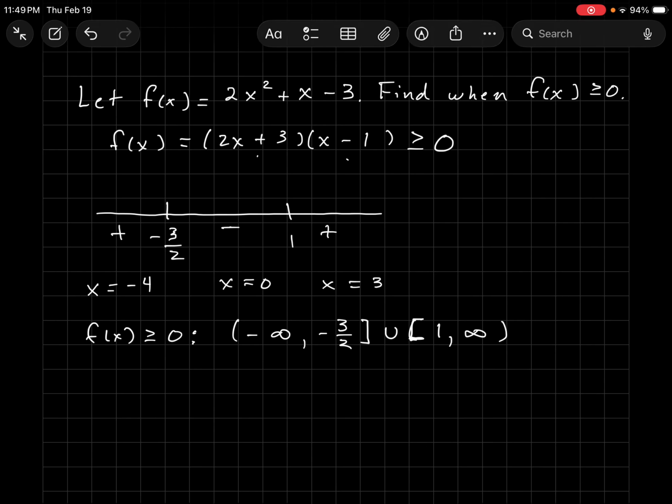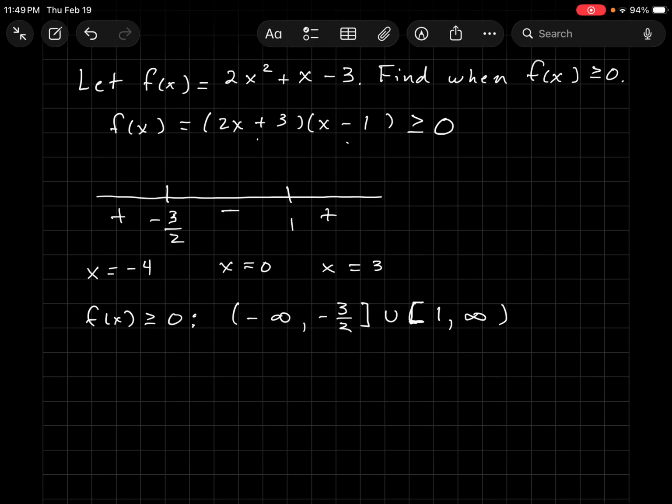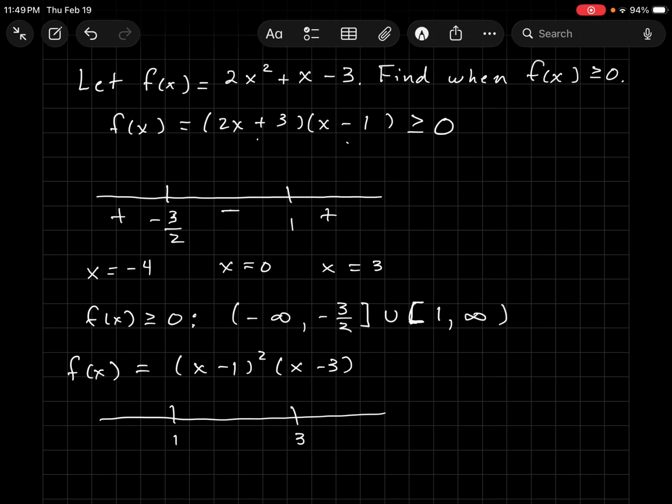Be careful when you're doing these sign charts. Sometimes we get in the habit of, once the first one's positive, we can just switch the signs back and forth. Let me show you an example really quickly where that would not be true. If I had something like this, I'm just going to do this sign chart. I'm not going to solve it, but if I plug in my zeros of f of x here, and then I do some testing, like if I do x equals 0